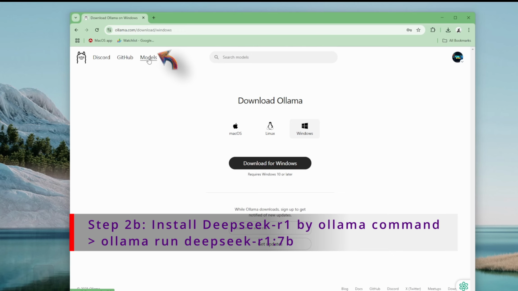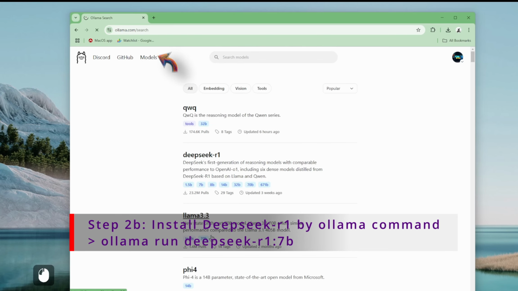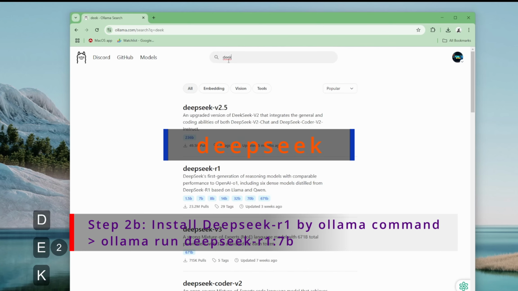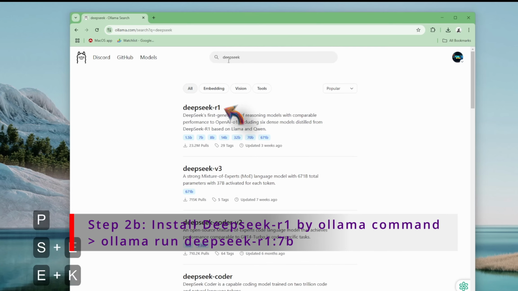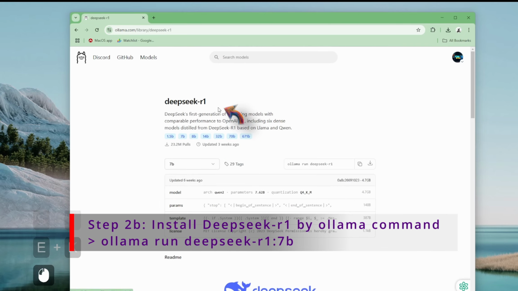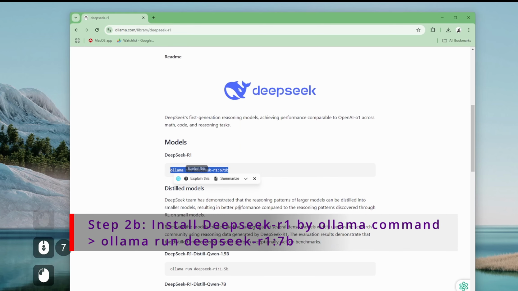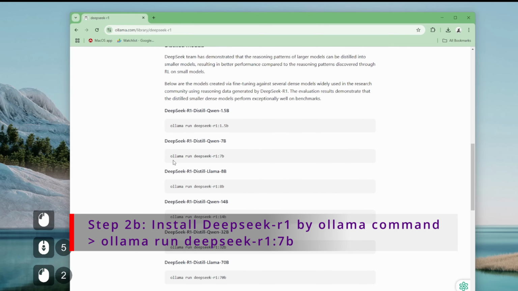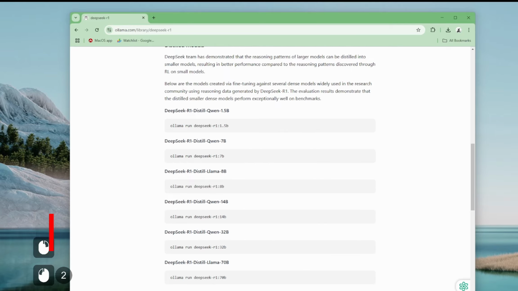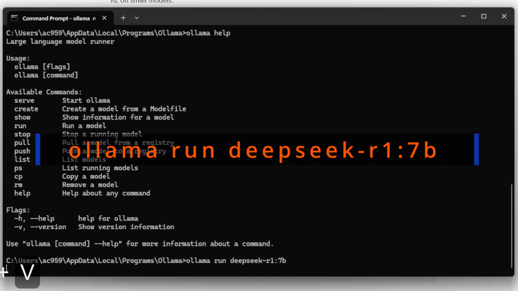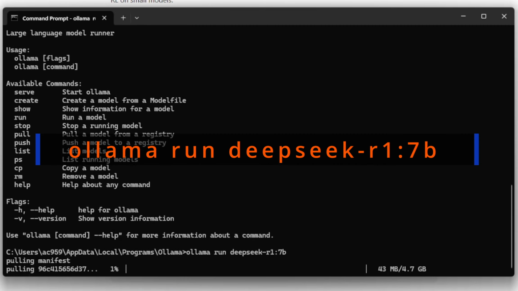Open the Models section. Type DeepSeek in the search bar and select DeepSeek R1. Scroll down to view the installation commands and copy ollama run deepseek-r1:7b. Now open a Windows command prompt, paste the command and hit enter. While we are waiting for the installation progress,